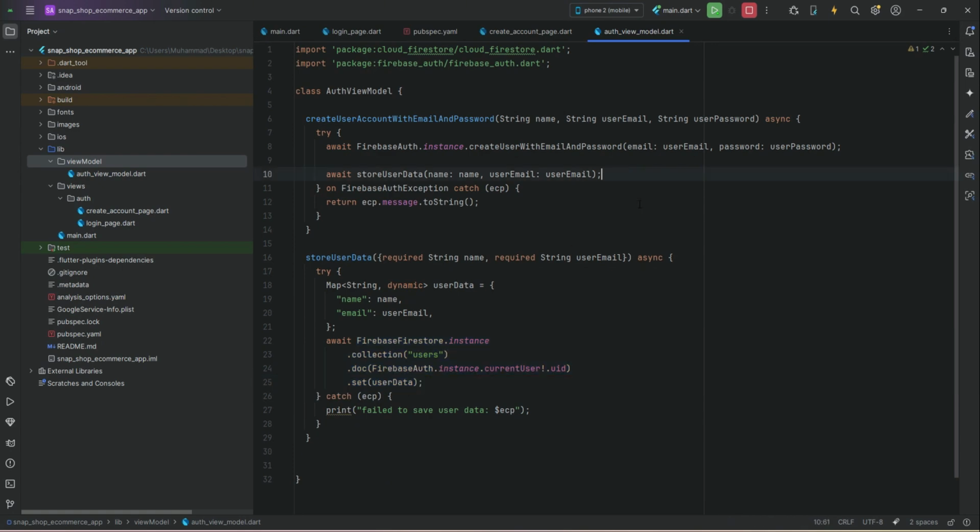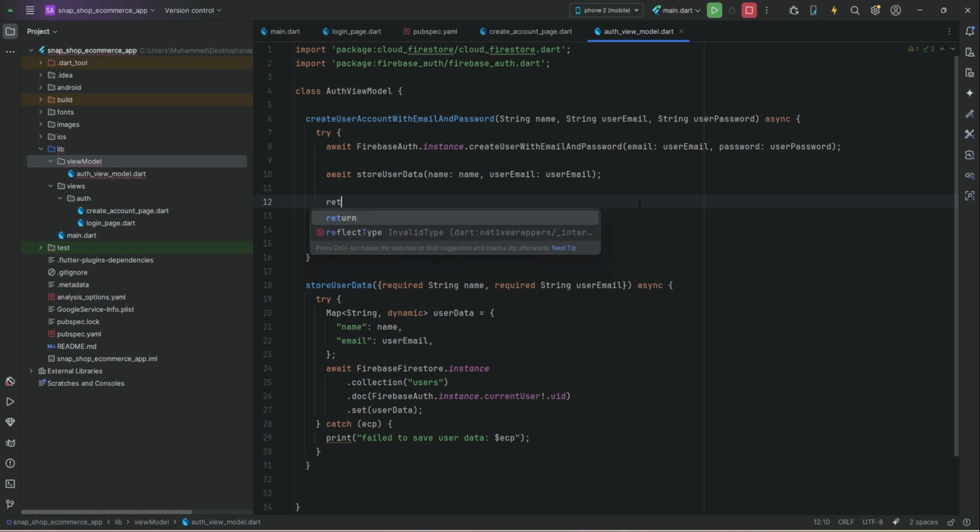So we can return that account created. Please use the same keyword. For example, we will say sign up successful, because based on these specific words, sign up successful, we will display a message to the user